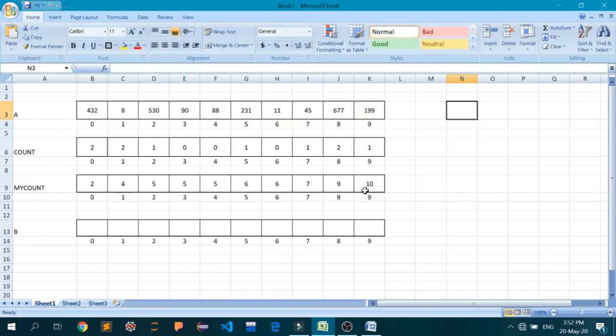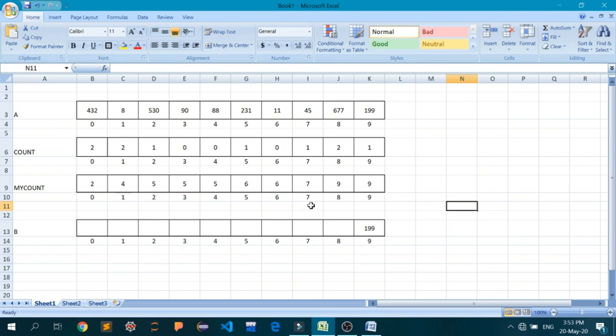Whatever is written here, minus 1, is the index in the B array where I have to store this number. So 10 minus 1 is 9. At the 9th place I have to store 199, and I will reduce this to 9 because I have just reduced it by 1.